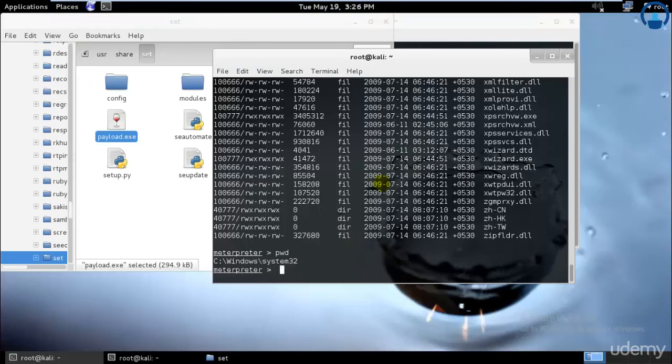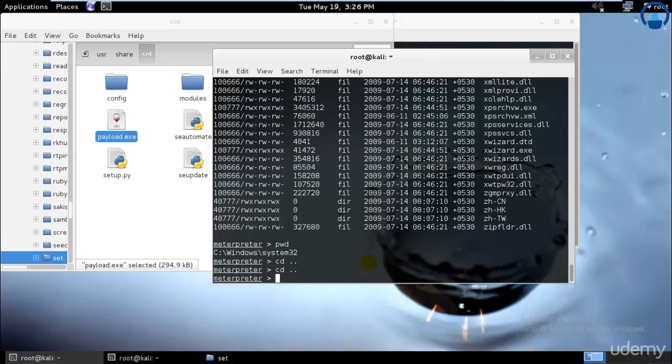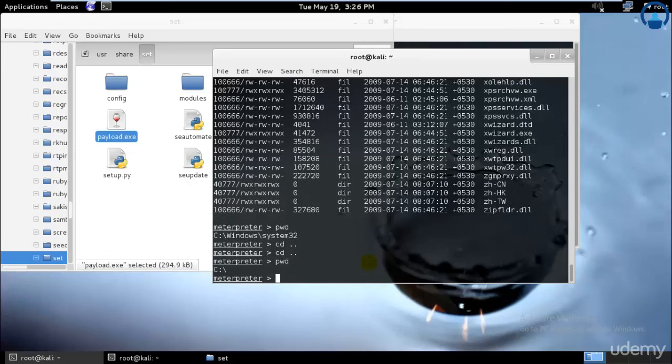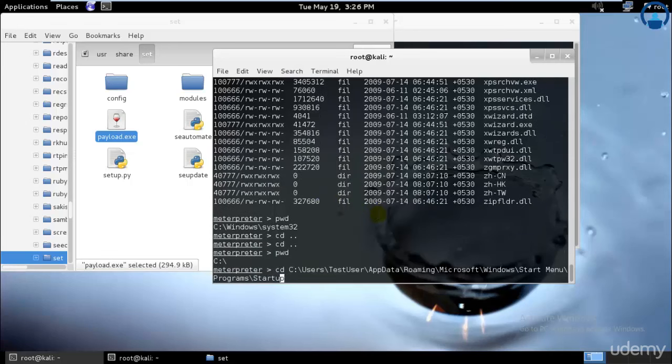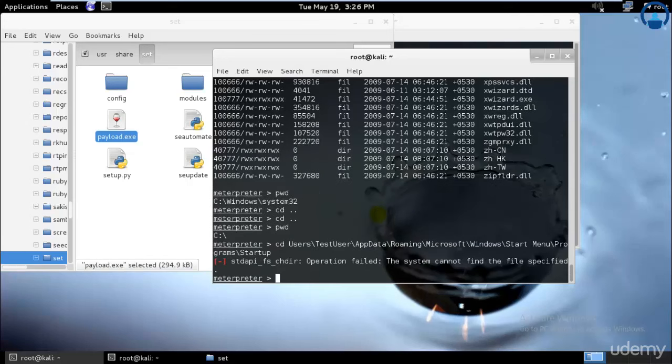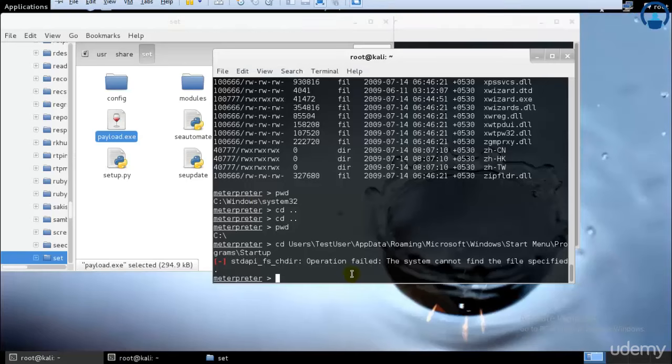So I'll just type cd, and let's check where I am exactly. Okay, and I'll paste it over here. Perfect. So as you can see, I can go into the directory, but I need to copy that over there. So first thing I will do is copy that to our desktop over here. So I'll just go ahead and select